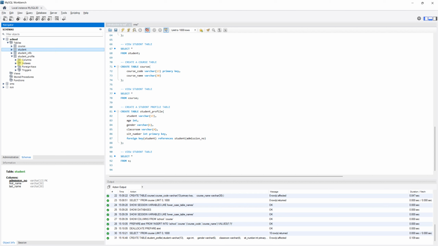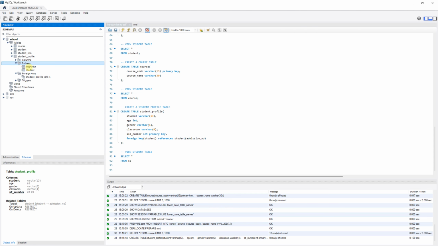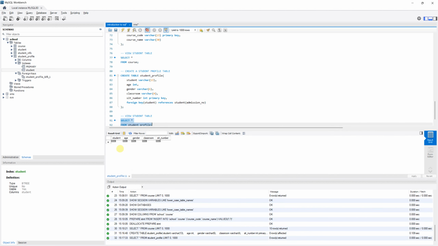If I click the drop down, if I click on this foreign key, you can see the target is the student table, and what column? Admission number. If we go to our indices, you see primary and student, which is our foreign key. So we will now say select all from student underscore profile, then highlight everything, control enter. You can see our